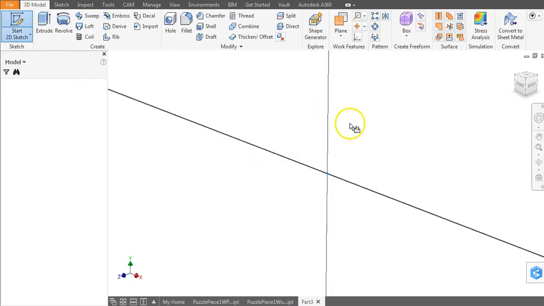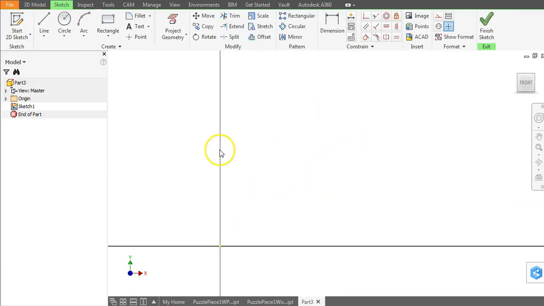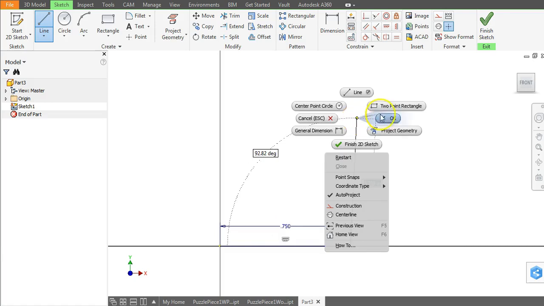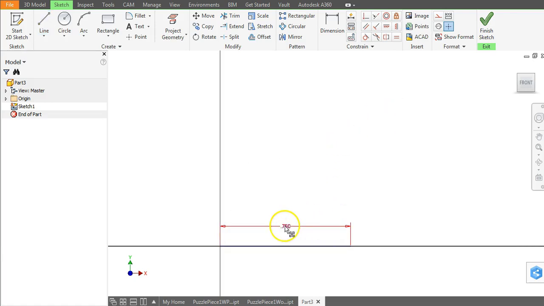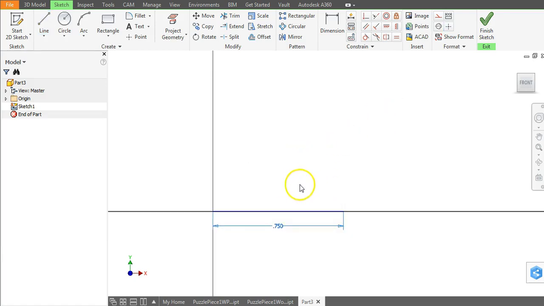Start new sketch. Okay, when I began, I went ahead and made the first segment 3/4 of an inch. I got my horizontal constraint at 0 degrees, and there you go. And let me right click and say OK to get off of that so I can show you something. When you have dimensions here, if I double click to edit that dimension, the dimension has a name right here,